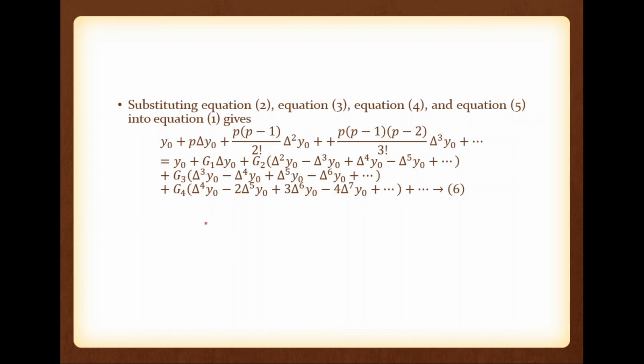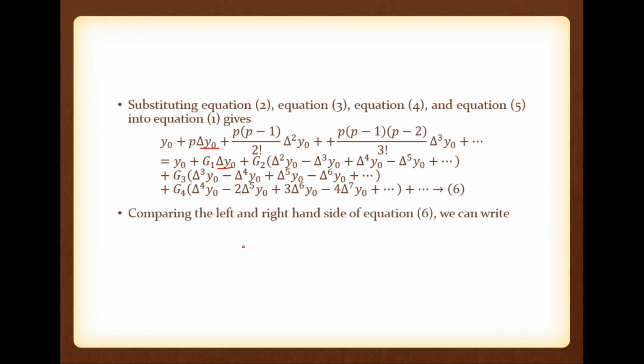So actually there is no need to do that. Please note, both sides we have y0, so that one is exactly matched. If you are taking the coefficients of delta y0, here we have delta y0, here we have delta y0. Is there any other delta y0? No. We have only 2 delta y0. Left hand side we have 1 delta y0, right hand side we have 1 delta y0. So definitely the coefficients must be the same.